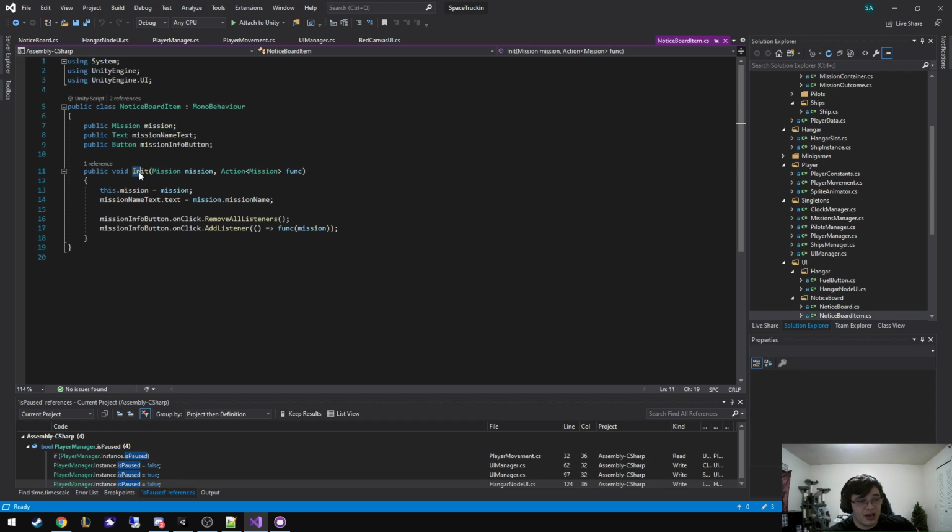And so I made a little init function that you pass in the mission. And so now this button is holding a reference to the mission, right? So I generate all these buttons and I say each one of these buttons represents a mission. So that way when I click on it, I now have access to the mission that I should be selecting,